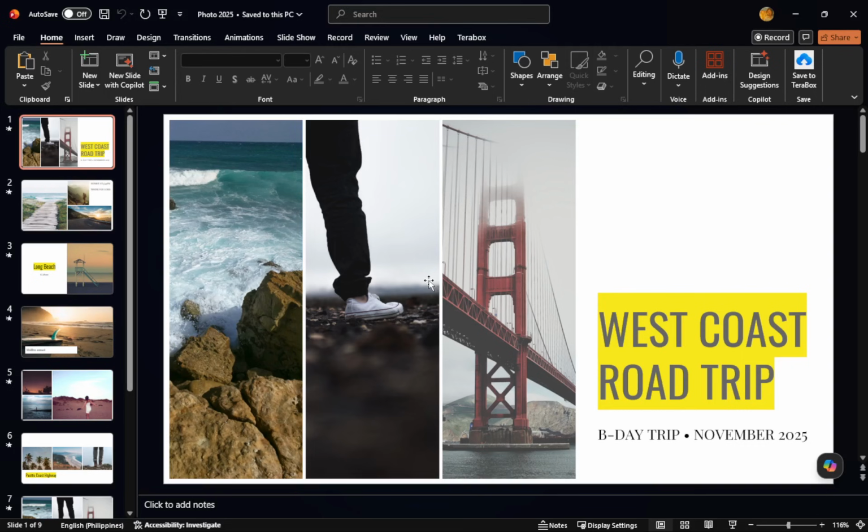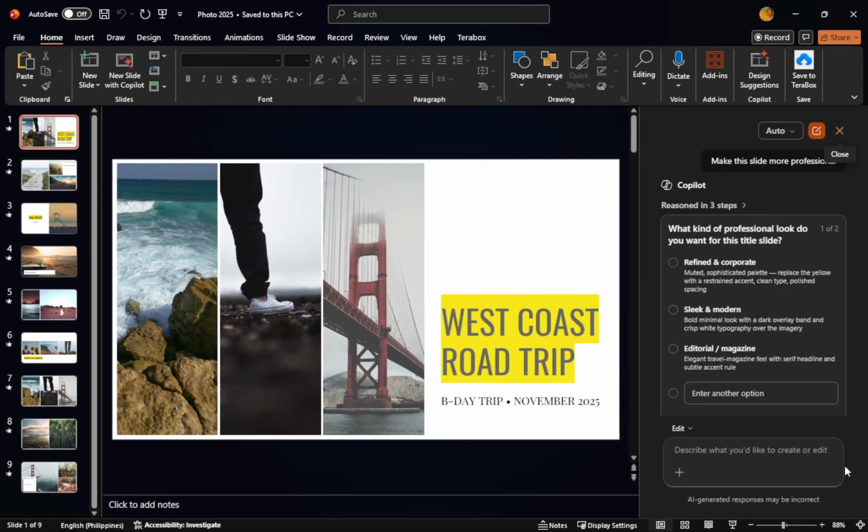If your goal is simply to hide the Copilot button and not disable it entirely, there's a quick way to do that. Move your cursor to the Copilot bubble or button located at the bottom right of your PowerPoint window. Right-click on it and you'll see an option that says Dock. Select Dock. This action will hide the Copilot button along the far right ribbon. Keep in mind, this only hides the button and does not fully disable Copilot.